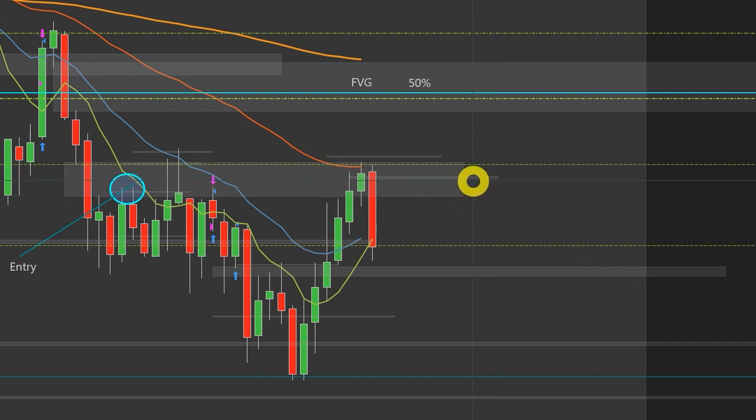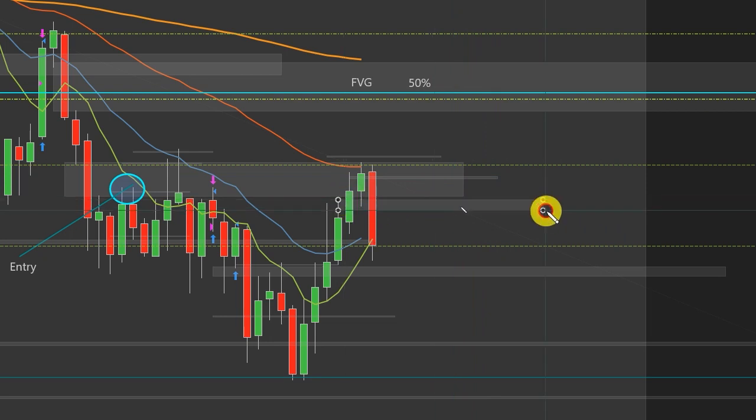As it's turning red, and as we get 1-to-1 or more on it, we take our stop loss and slide it down to break even. Take the stop loss, slide it down to break even. I'd be break even on that right now. It's just by simply observing